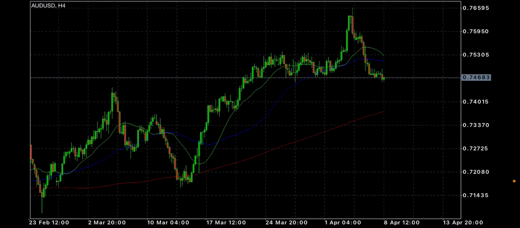This morning, we're going to be looking at the AUDUSD, which is the Aussie USD. The AUD is also known as the Aussie Australian dollar. But before we get started to break down this currency and this forex pair, we have to state